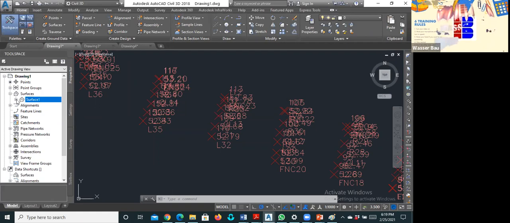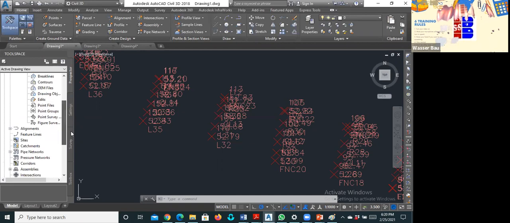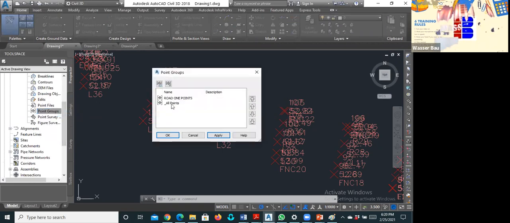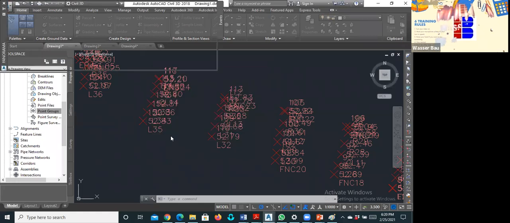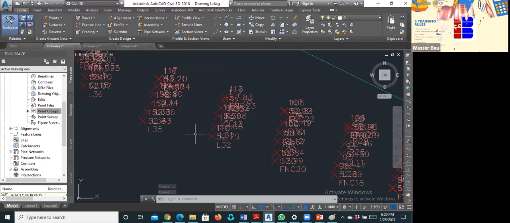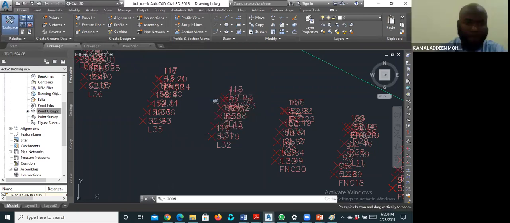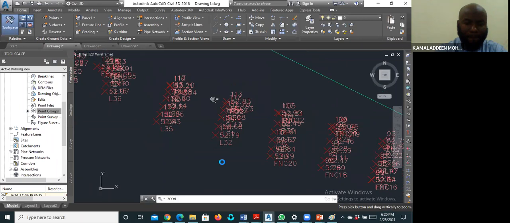Then under surface 1, I'll open it. I'll go to definition. Under definition, I will now click on point group. I will say add, and I'll say add everything. Okay. It's created a surface for me. I'll right click and I'll say zoom. So you can see this is